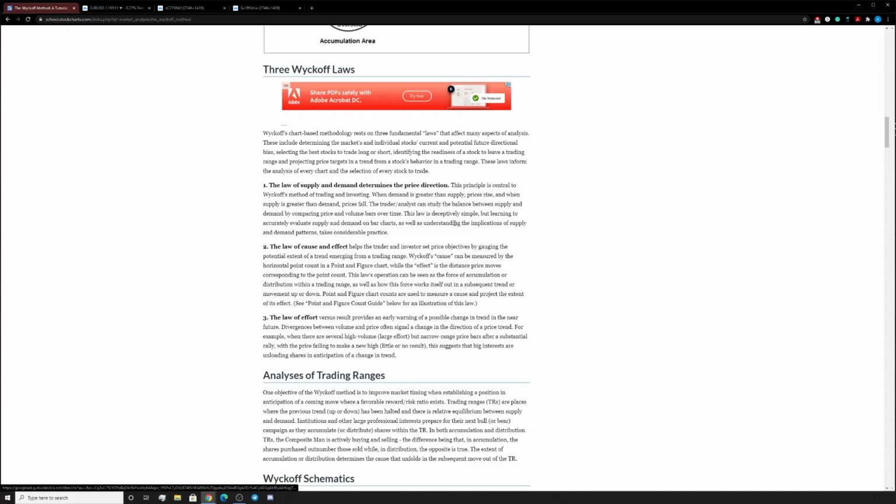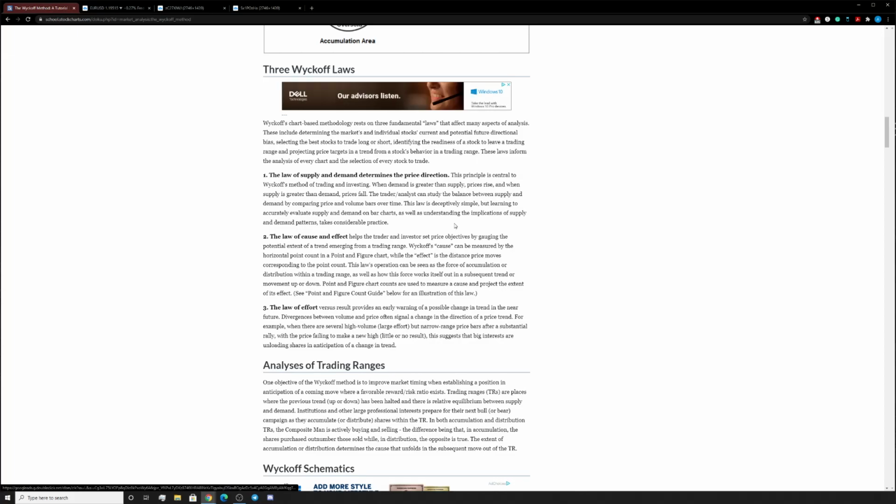Cause and effect. So this is also kind of where the P&F chart can be a bit useful due to the horizontal counting technique, so you can measure targets and all that. But liquidity could just be your target, so you don't need to focus too much on that, like I said. However, you should primarily focus on the momentum in the time frame shown, because this is where